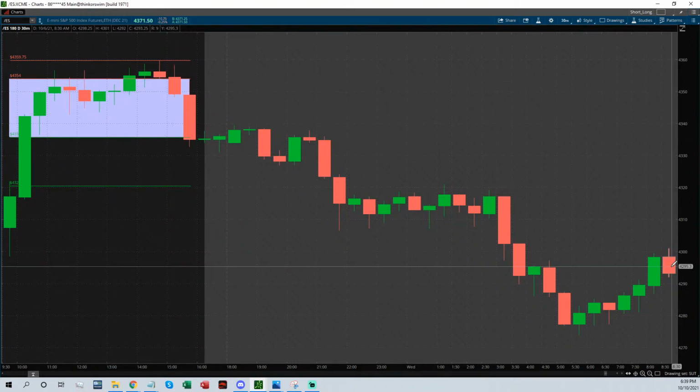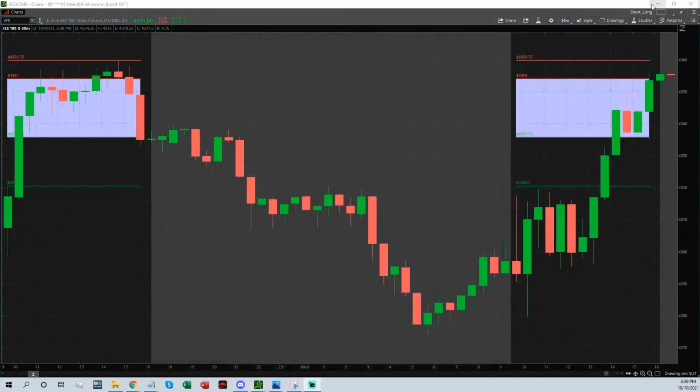But what I thought this day, because of the extraordinary volume, right? If they can't push this down, there's going to be a significant short squeeze. And where's that short squeeze going to go? To value area high. So as we look at how the day played out, right, the opening bell comes in,